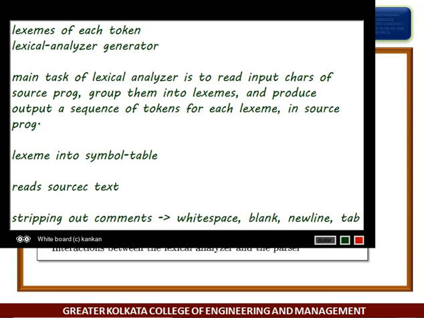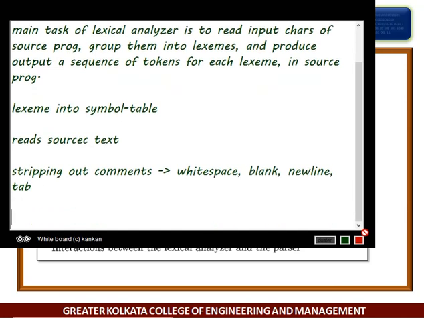Also other characters that are used to separate tokens in the input. Another task is correlating error messages generated by the compiler with the source program. What will be correlated?